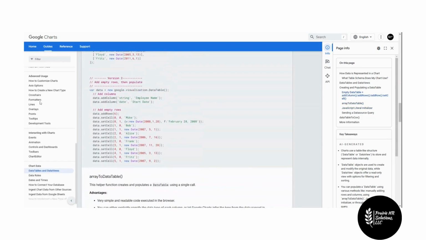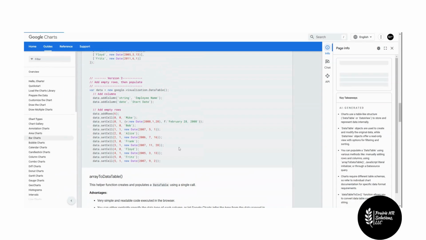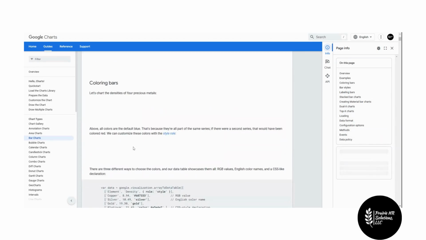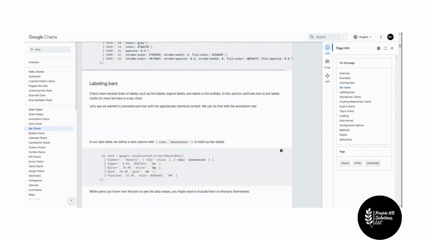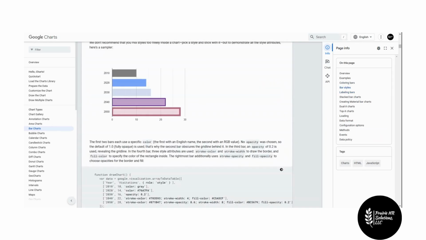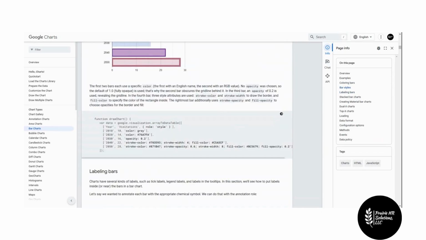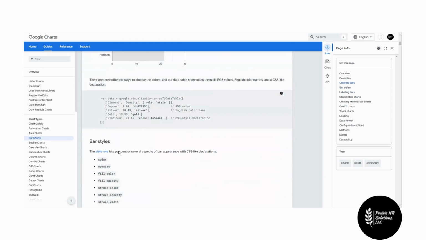So the first thing that we're going to need to do is look at our bar chart and ensure that the data we're going to be able to pass matches or is configured in the way that it's going to need to populate. So this is the method that it's expecting. That's fine. I think we got that. So let's jump over here to our